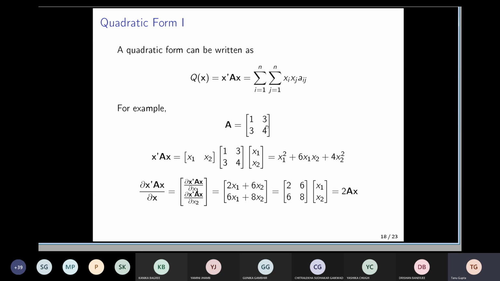What I mean is, suppose A is a matrix. Here I am taking a square symmetric matrix. What do I mean by a symmetric matrix? A matrix A is symmetric if A is equal to A prime, the A transpose. Okay. So if this is a matrix